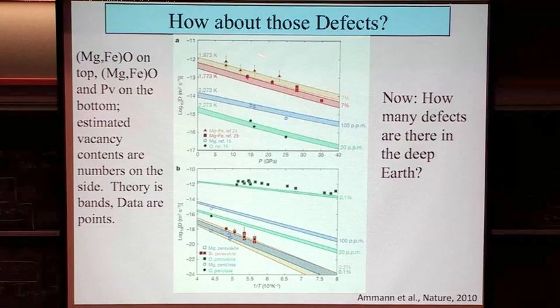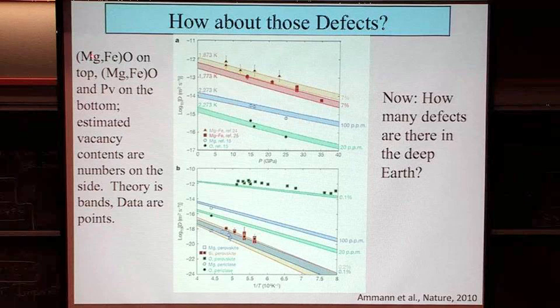And what this is at the top is magnesiowüstite, MgFeO. And what's shown is the dependence of diffusivity on vacancy concentration. How do you get 7% vacancies in MgO at high pressures? You put in a lot of chromium 3+ in it. So you create a lot of vacancies in it. But when you change the vacancy concentration, even by a little, 20 ppm to 100 ppm, your diffusivity changes by an order of magnitude. When you change it to very large amounts, it goes up by 3 orders of magnitude.